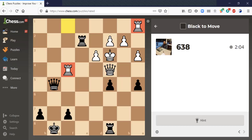Now, yeah, rook b8. Now, blocking with the queen will not be great, so he probably needs to move his king again. He can go to a4 or a2. If he goes to a2, queen takes b2 will be mate because my rook on b8 will guard b2. So if he goes to a4, then